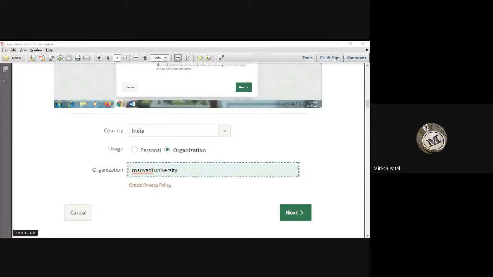Everything is available in the PDF file. Check it once.